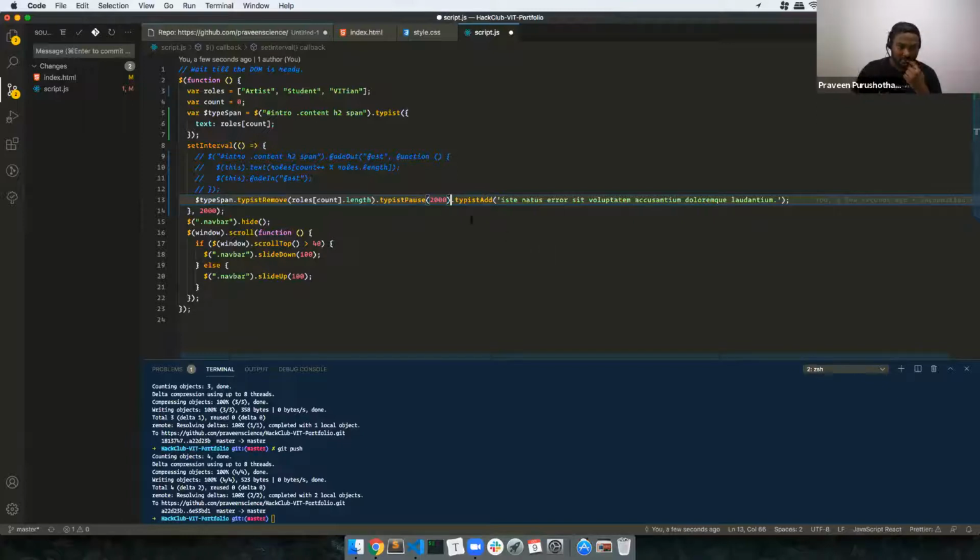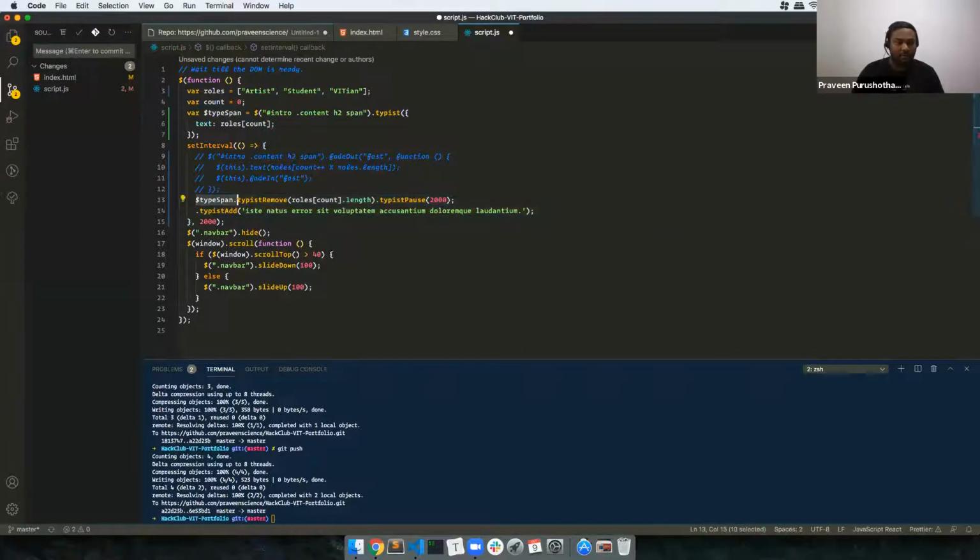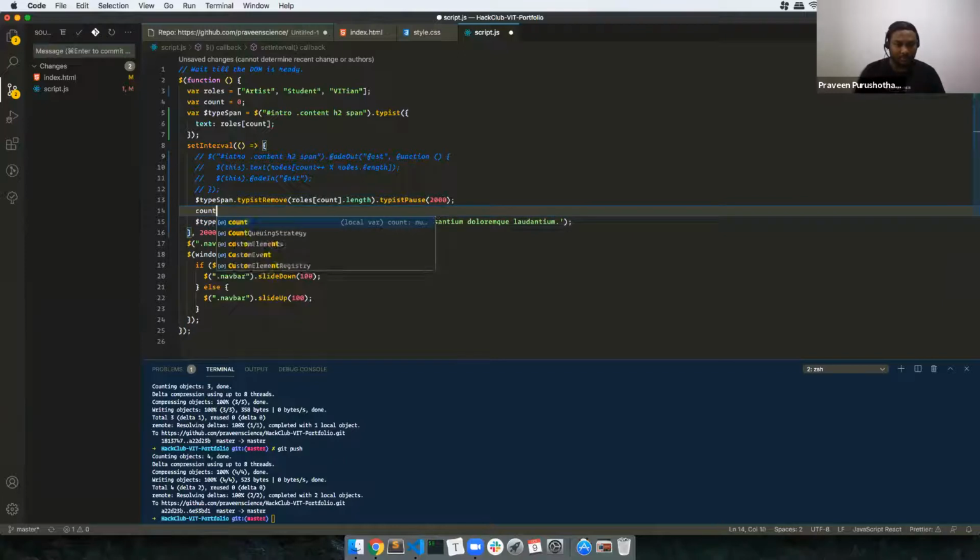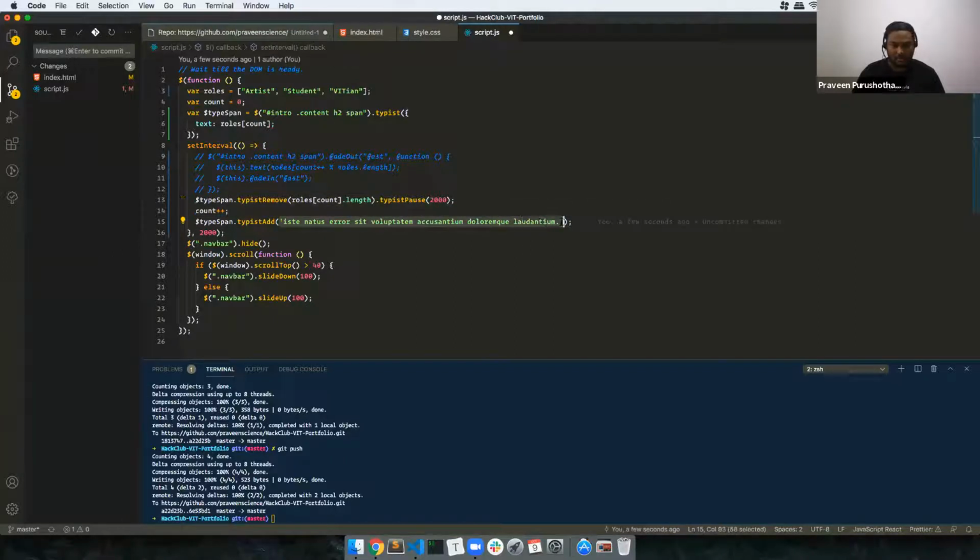Before adding this one, I want this thing to be incremented. So I do count plus plus. The same thing I'm going to use: roles of count.